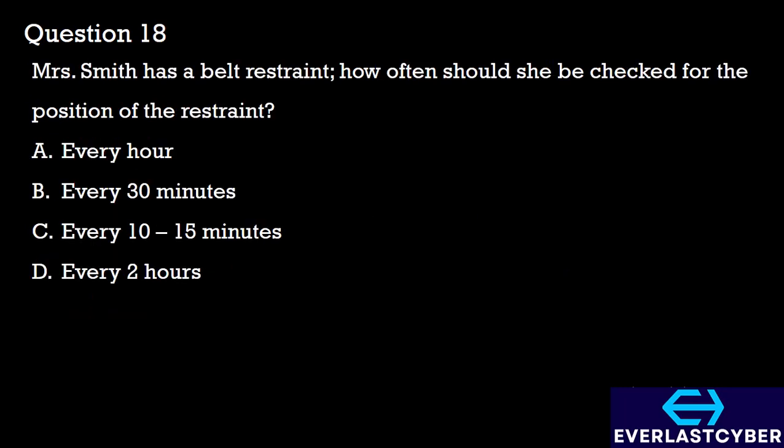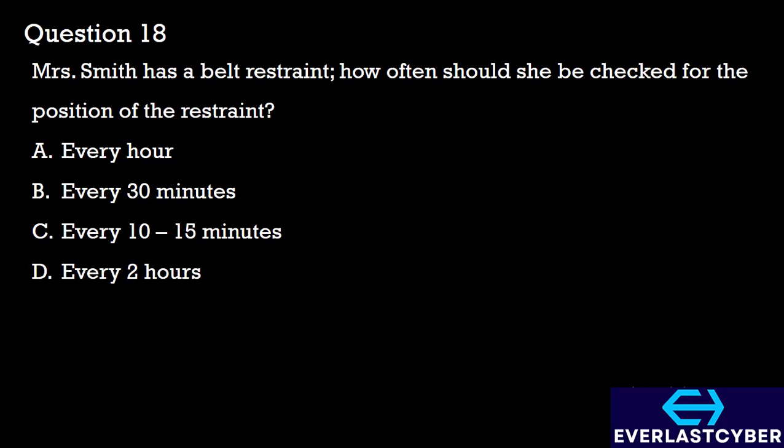Question 18. Mrs. Smith has a belt restraint. How often should she be checked for the position of the restraint? A. Every hour. B. Every 30 minutes. C. Every 10 to 15 minutes. D. Every 2 hours. When a patient has a belt restraint, it is important to check them frequently to ensure